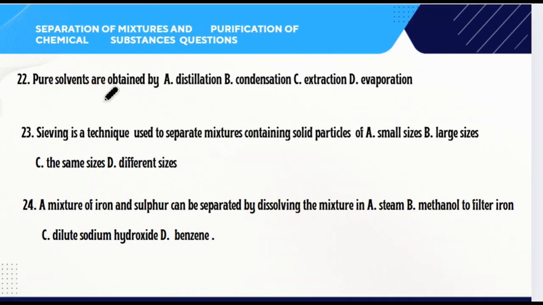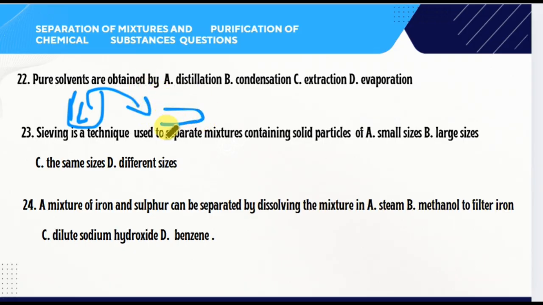A pure substance or pure solvent are obtained by dash. When we have a mixture of different solvents and we want to get the pure form, one of the best ways to get it is by distillation. Because in distillation, the liquid present in the jar is going to form gases. As the gases are leaving, moving from the liquid state into the gaseous state, we can condense them again